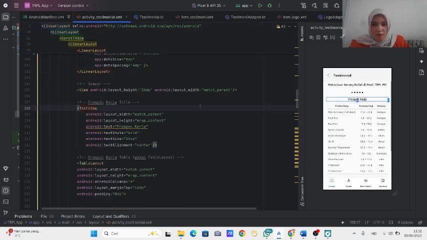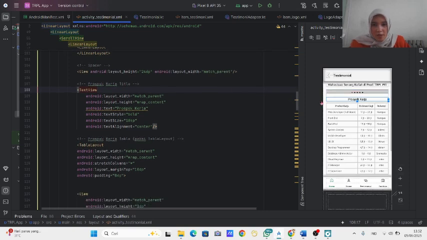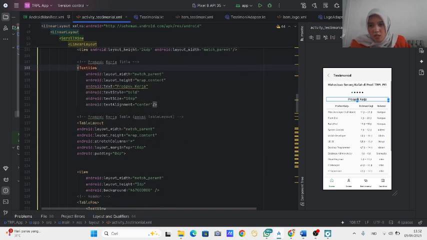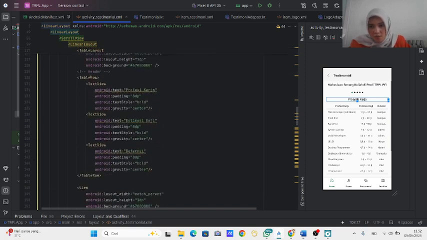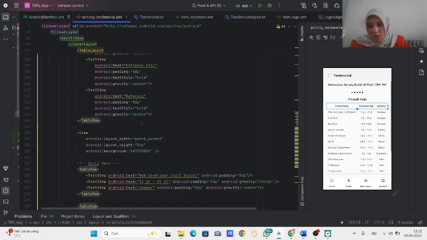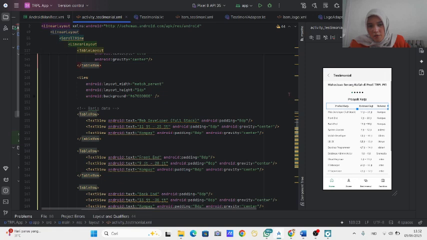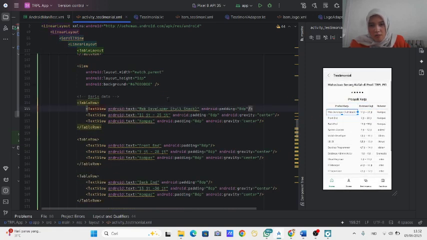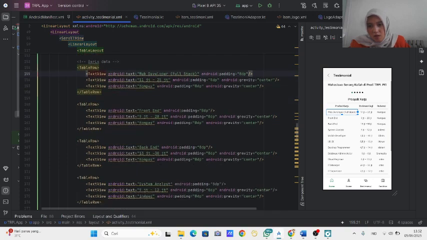And then for the prospek kerja title we use a text view, and for the table of professions we use a table row with text view. And for the next one below, we use a table row.